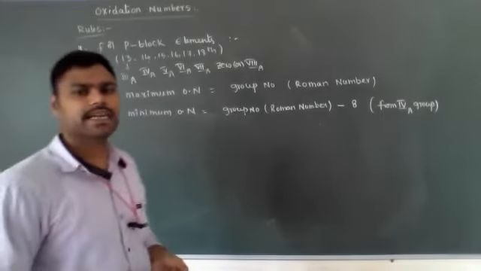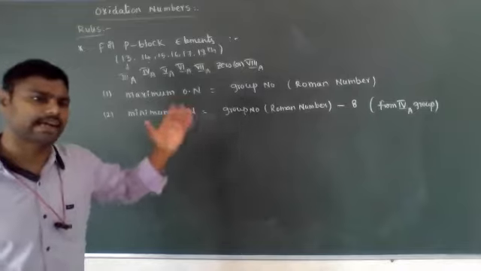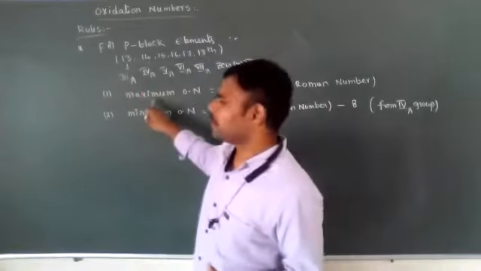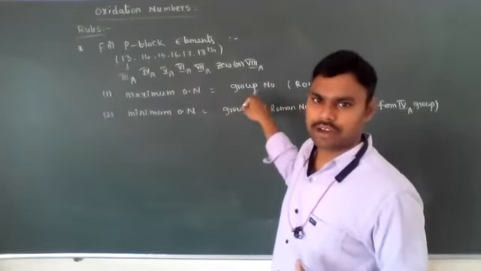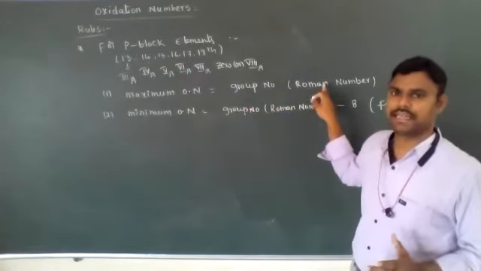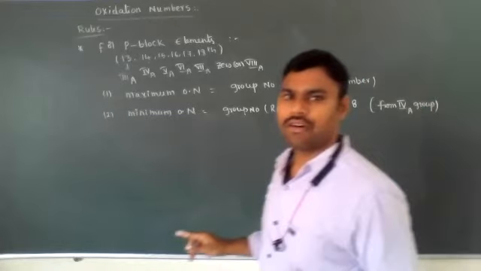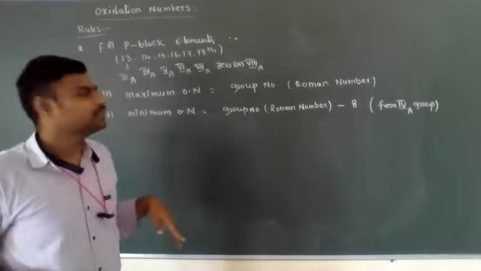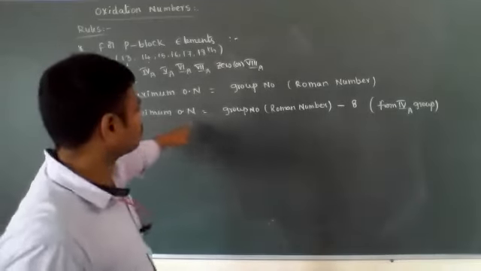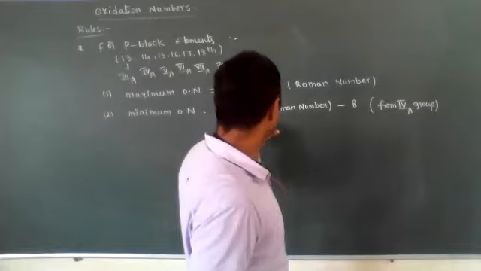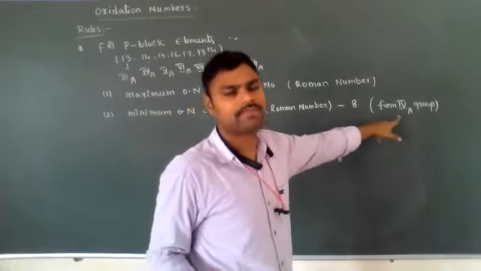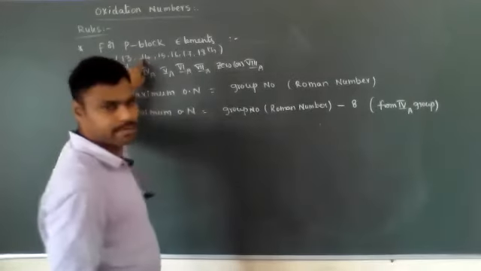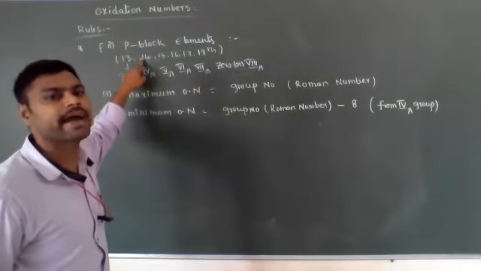That we will discuss in periodic classification of elements, with atomic numbers, electronic configuration and everything. But here generally you have to keep it in your mind. For p block elements 13th to 18th group, their maximum oxidation number is equal to group number in Roman numbers, meaning 3A, 4A, 5A, 6A, 7A and 0 or 18th group. Minimum oxidation number formula is group number minus 8, also from the 4A group. So 4A group elements minimum oxidation state is 4 minus 8, which is minus 4.